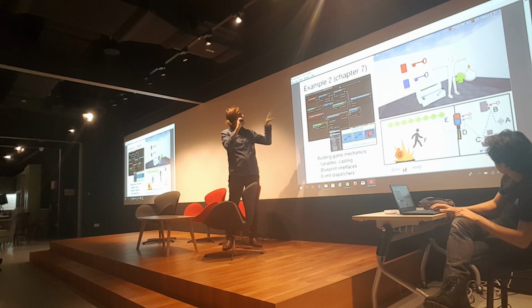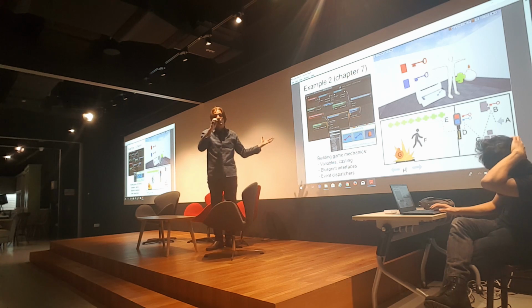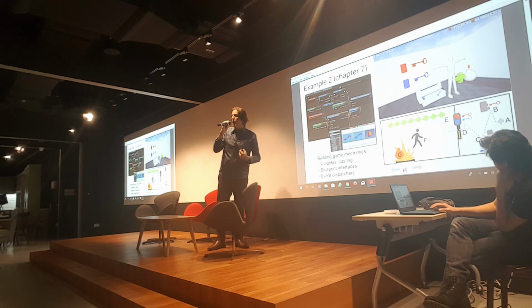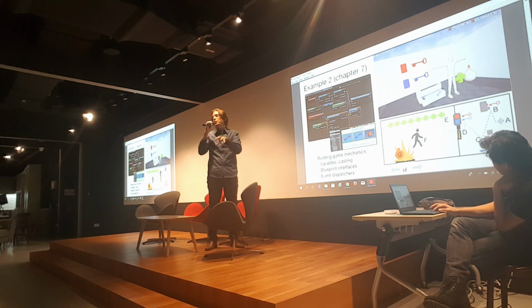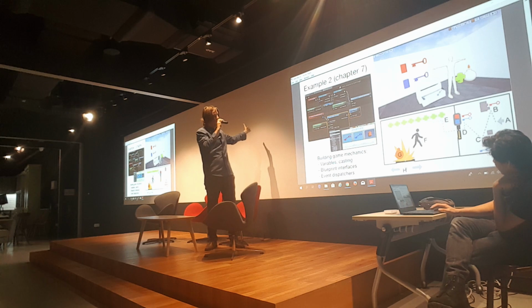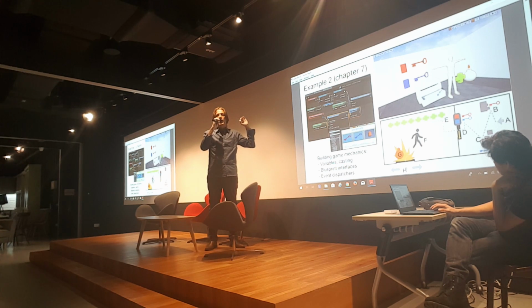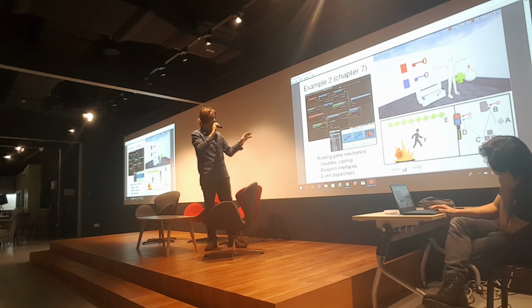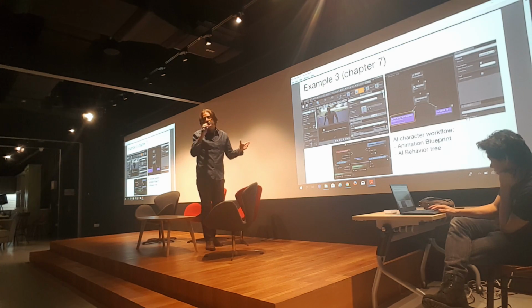So basically, this chapter is a complex chapter that has a lot of stuff in it, but it shows you the power of blueprints and how to communicate between different blueprints, and it doesn't use any level blueprints, because in the previous examples that I showed, like in the very first one, I was using the level blueprint, but this one is purely blueprint communication, and it's very powerful because you can build really complex systems with it. Okay? So here's another example